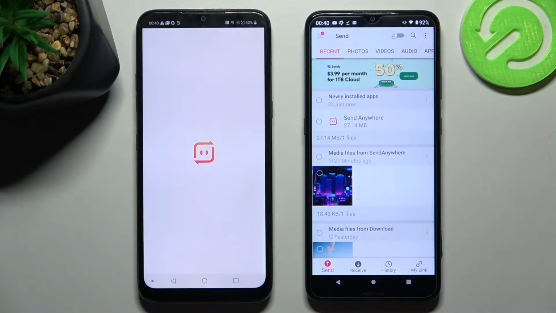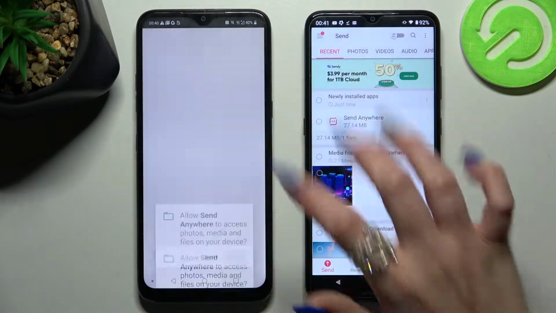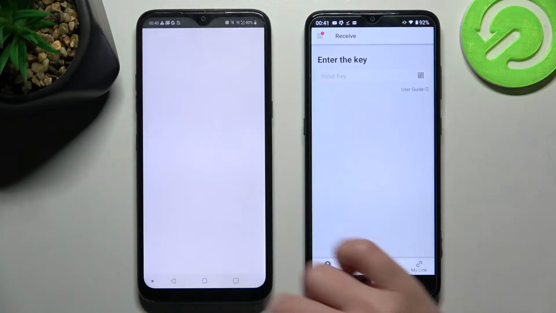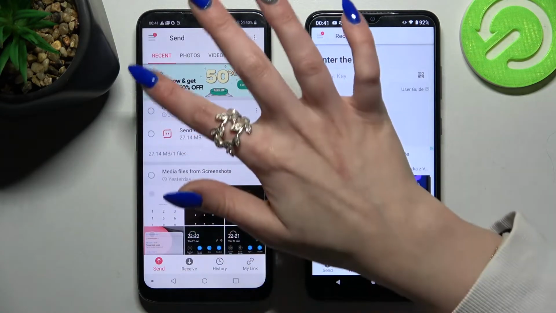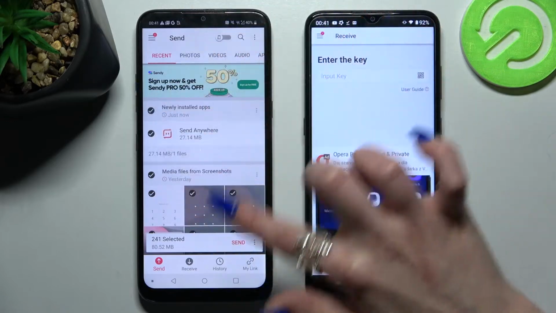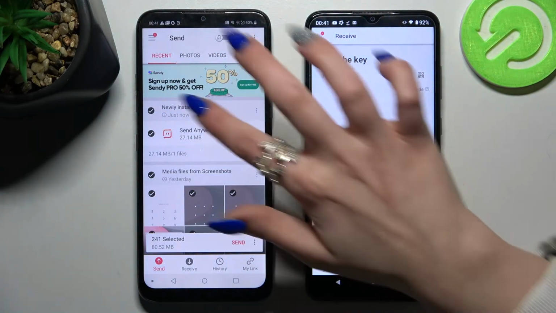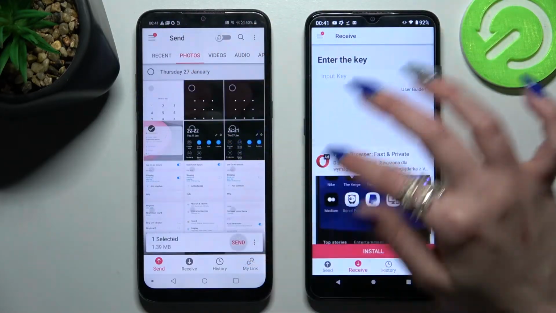Now you need to select Receive on an Android and Send on LG device. Following that, you need to click on all of those type of dots and choose Send. This way you will select all of those files and transfer them. It will take a long time, so I will go into Photos, select only one, just send and tap on